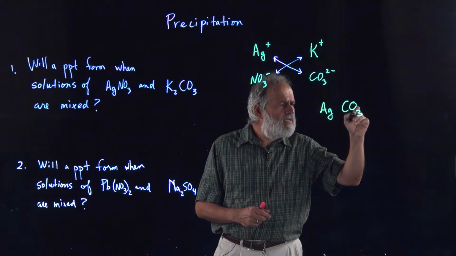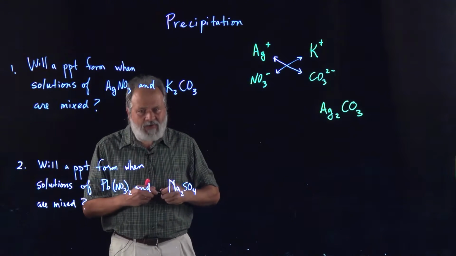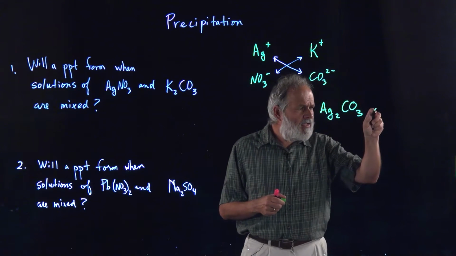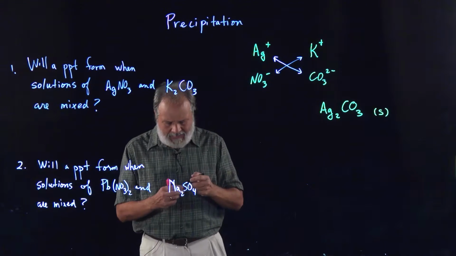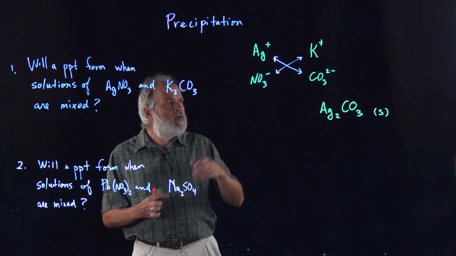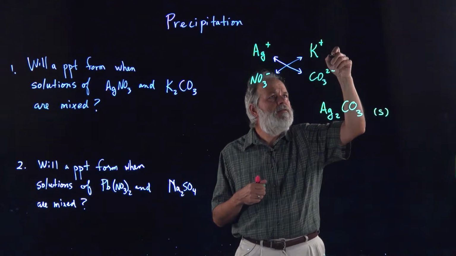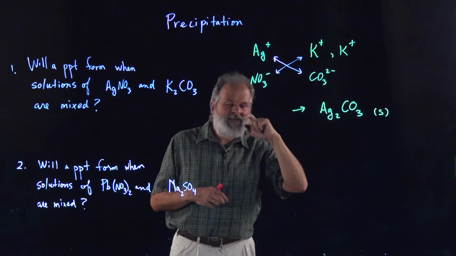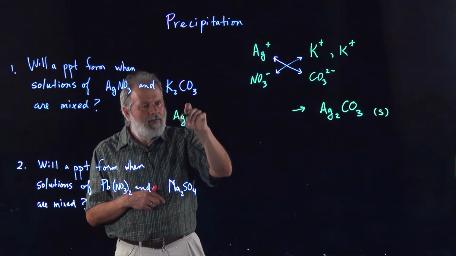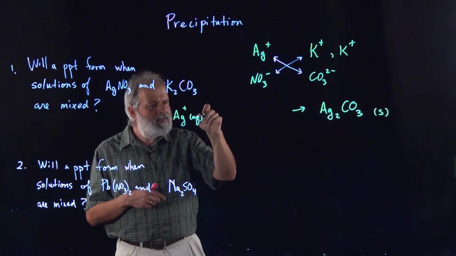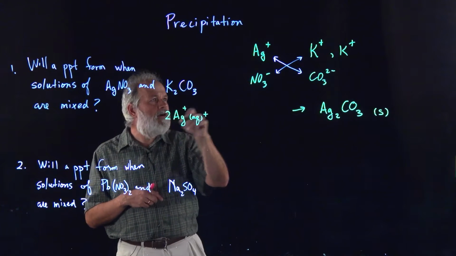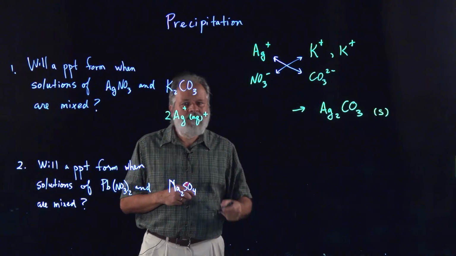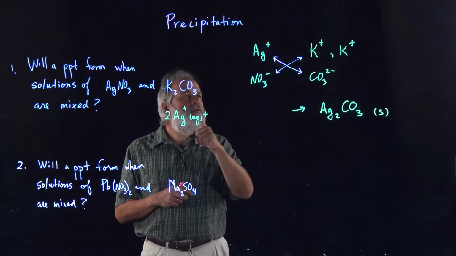now we do need to recognize that we need two silver plus one ions for every carbonate, so we're going to have to write this. We write down as a solid, okay? And then, of course, now to do the net ionic equation, we do need to know all ions. Okay, so the aqueous silver solution, aqueous silver ions and nitrate ions, but we'll need two of them, right? So we need to double up the nitrates and the silvers to balance everything. So two silvers, two nitrates,